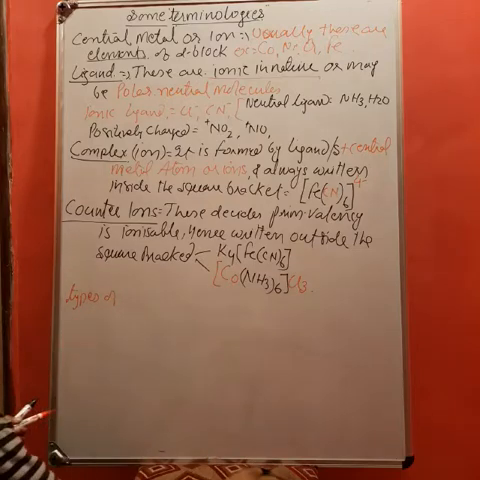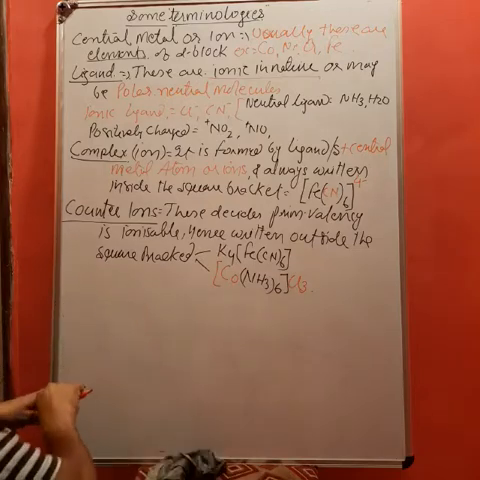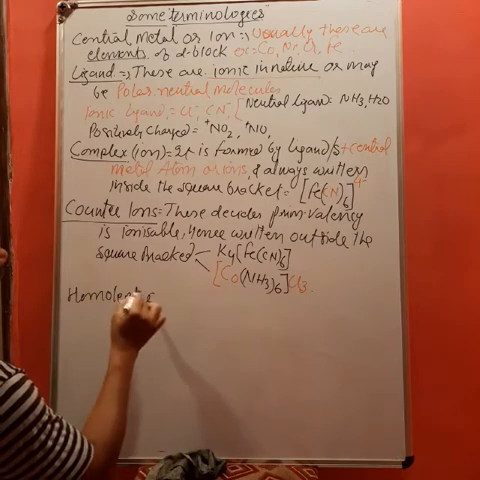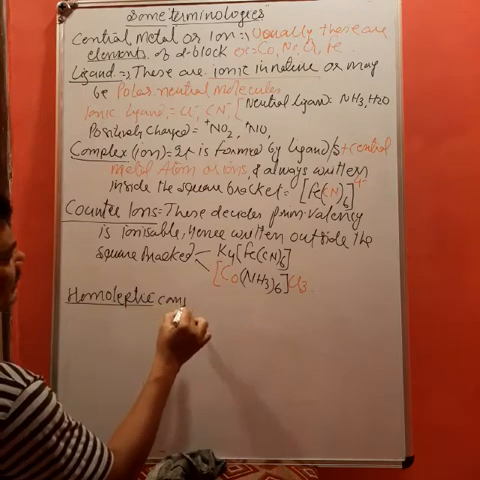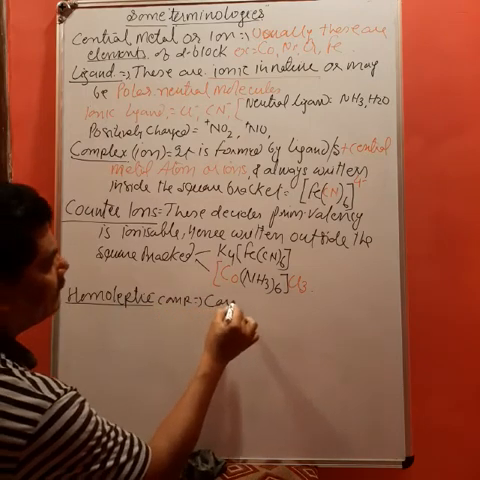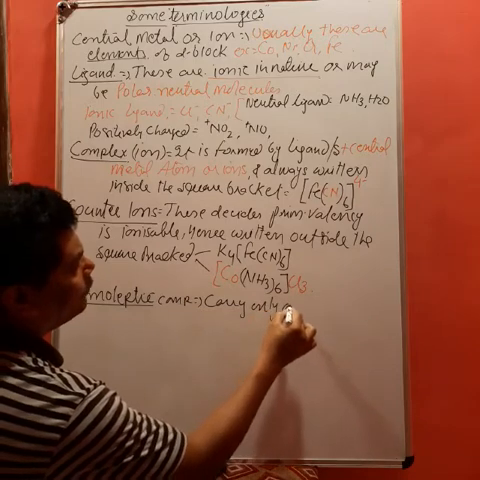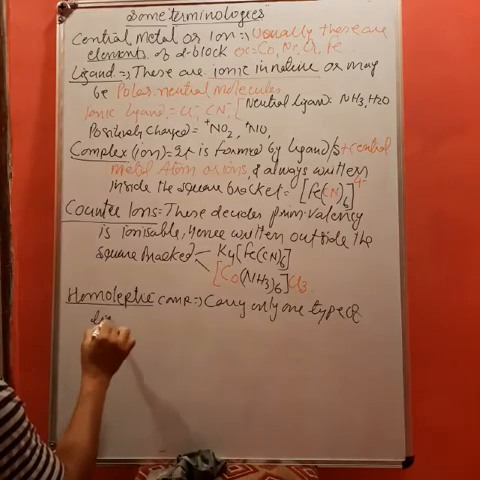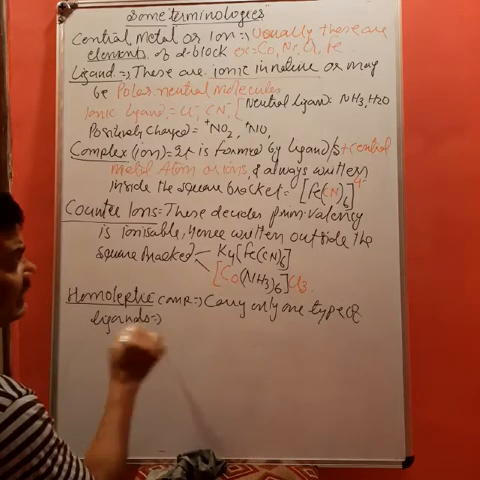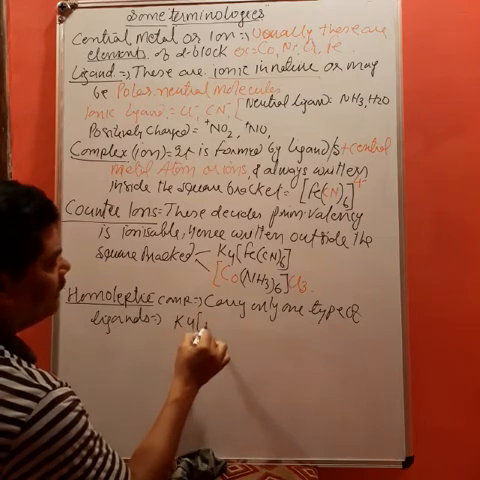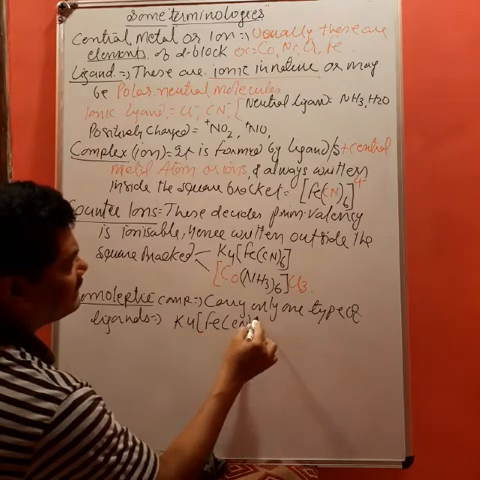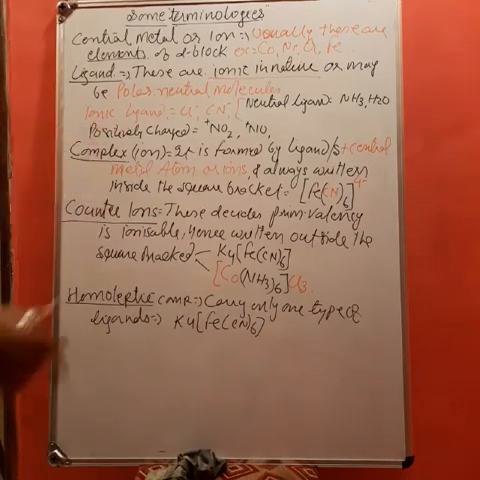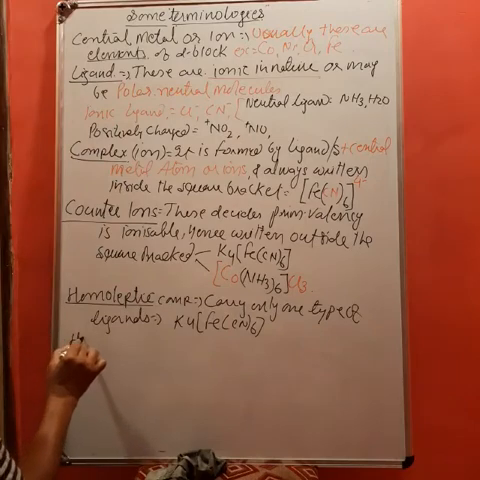Types. Homoleptic complex carries only one type of ligand. Like in K4[Fe(CN)6], only one type of ligand is present. Therefore this is called homoleptic. And the next one is